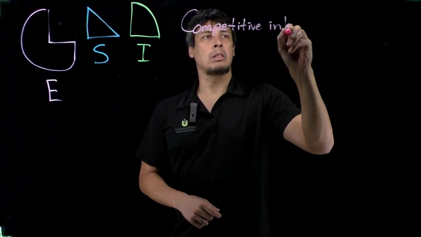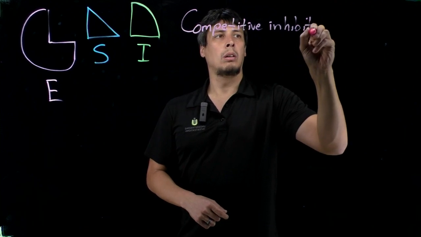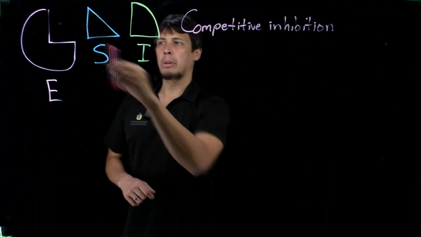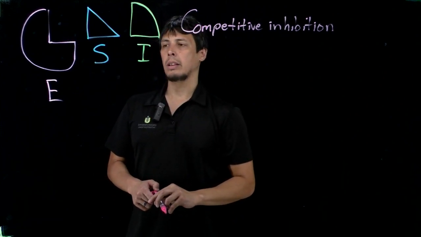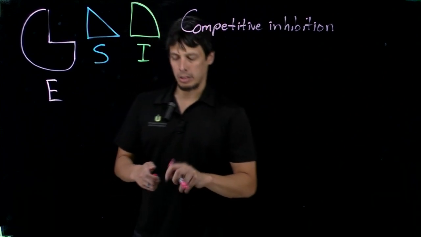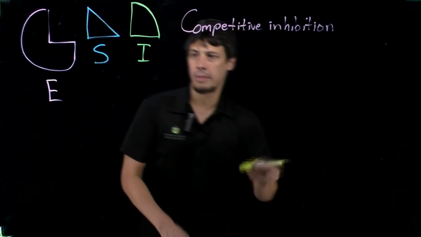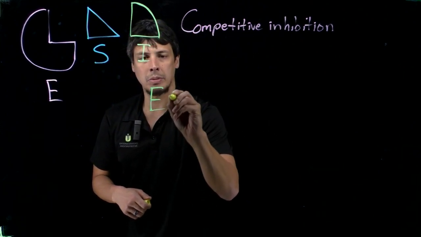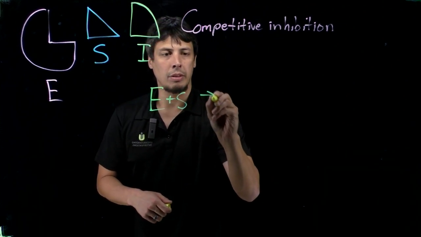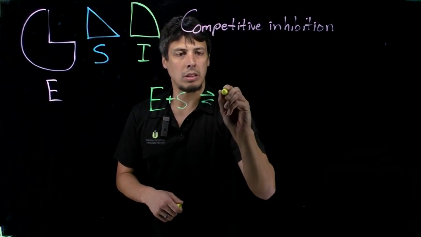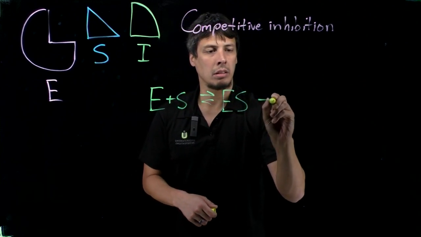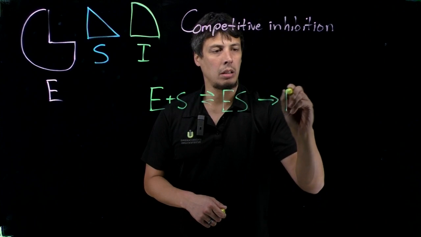This arises when two molecules, one of which is the substrate and the other is not, can compete for the exact same binding site of the enzyme. What this looks like is, if we have an enzyme-substrate reaction, and for instance we're following just a simple Michaelis-Menten mechanism like this, E plus P,